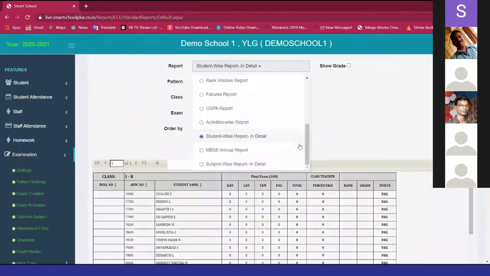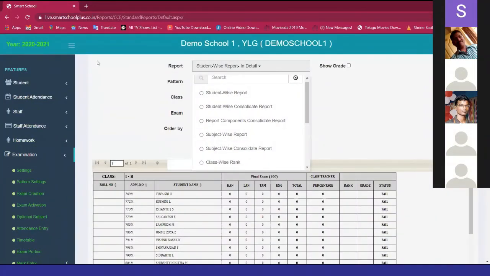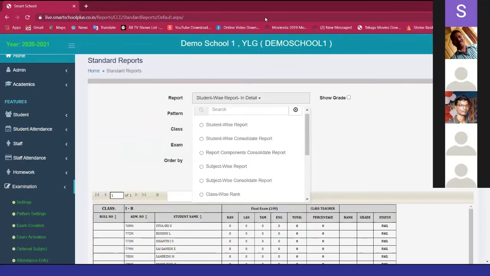Okay, sir, that's all for the examination module review. Thank you. If you have any doubts, please ask. There are three questions, I think, in the chat box. One is asking: we want to view the marks entered in the mobile app so teachers can check. That is Madam Indrani. Madam Indrani, can you please express your doubt? Please raise your hand.